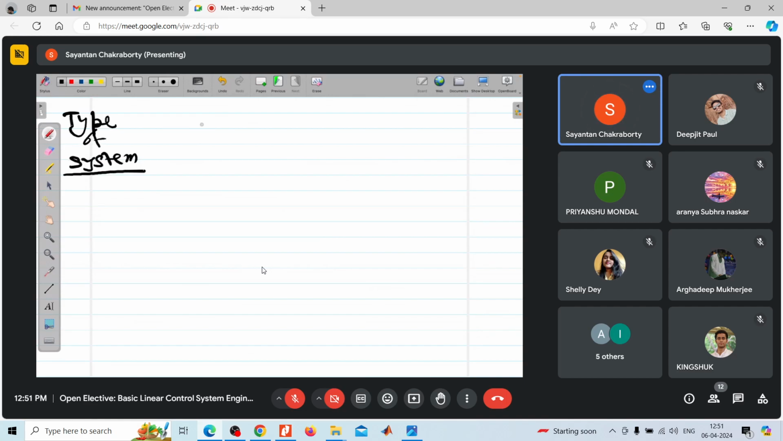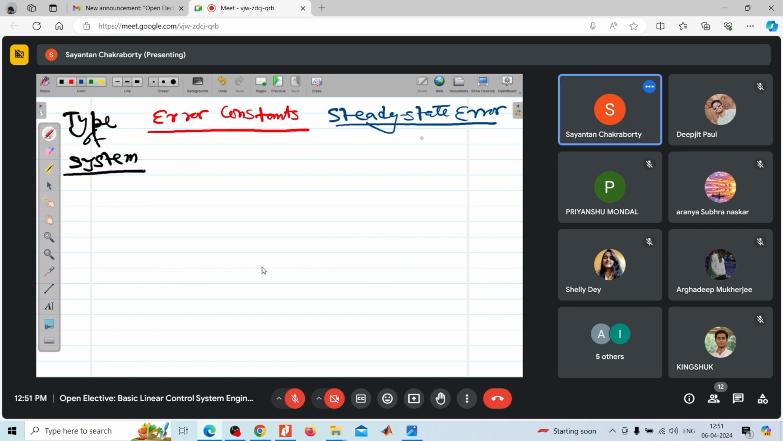Type of the system, then error constants, and finally steady state error. Now the type of system will be 0, 1, 2, 3, like this, and the error constants will be kp, kv, ka, and if you remember the formula,